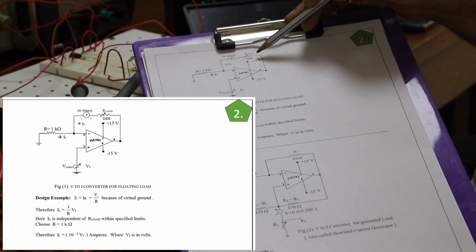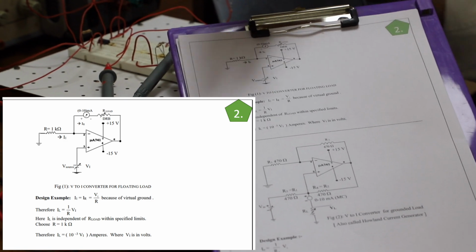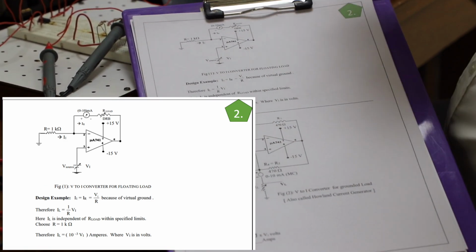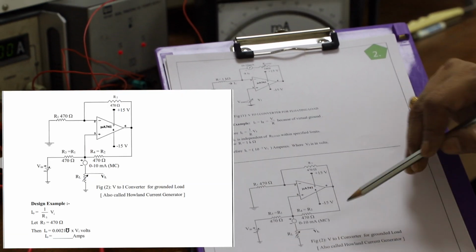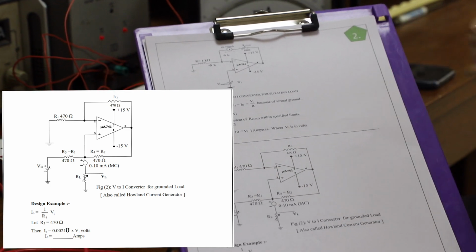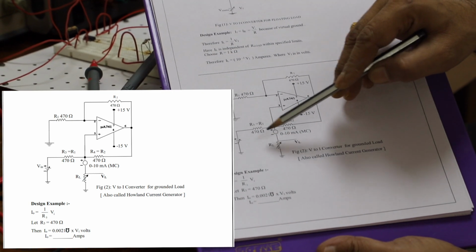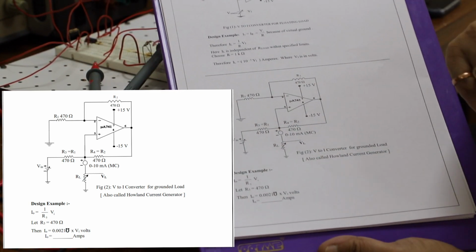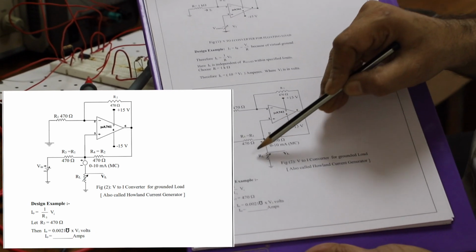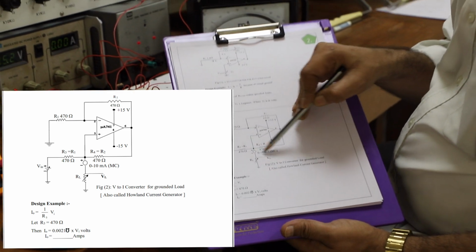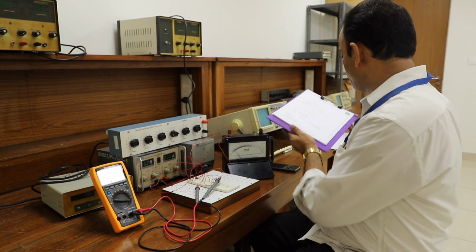If you make RL beyond RL max, we know that the output will hit saturation, which we have called the compliance voltage of the voltage to current converter. So let me demonstrate all the three cases here. Then we'll move on to the second circuit, which is again based on the non-inverting amplifier, with all the resistors equal. Here also we get the current as equal to the voltage Va divided by R, which is the same for all the cases. The same concept applies, but the only difference of this circuit with reference to the first is that the load could be grounded here, so that becomes a special application. So let me demonstrate the working of these two circuits now.